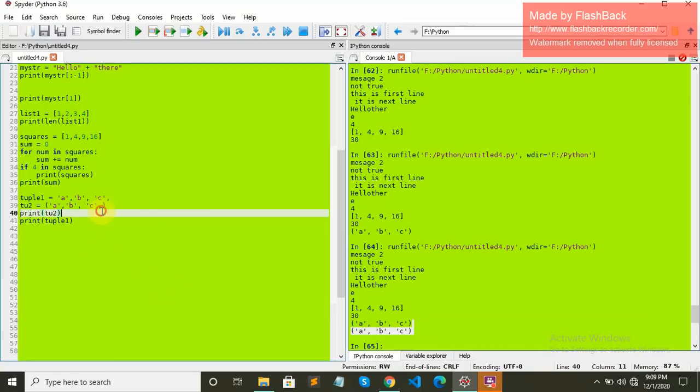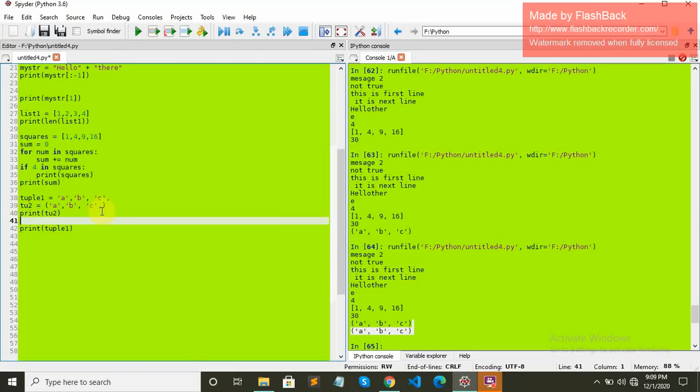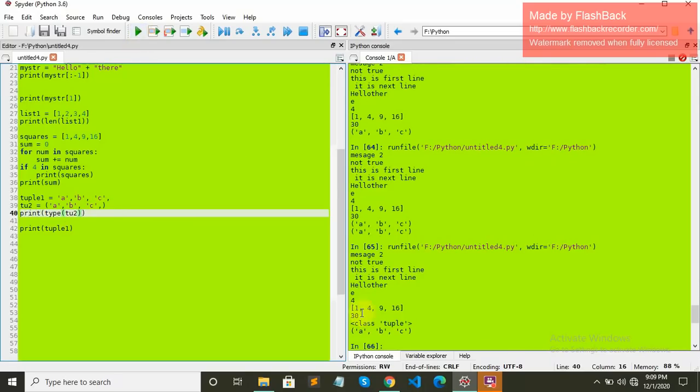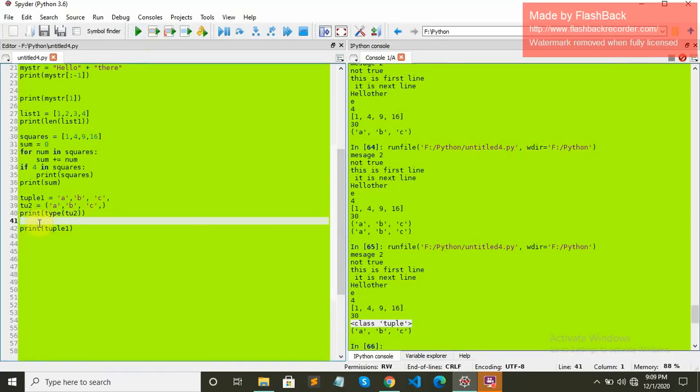If you want to find the type of this tuple, we can write type, and you should see the message on the screen as tuple. You can see class tuple, it belongs to class tuple. And if you want to have only a single element tuple, you can also have it, tu1, let's say 1.